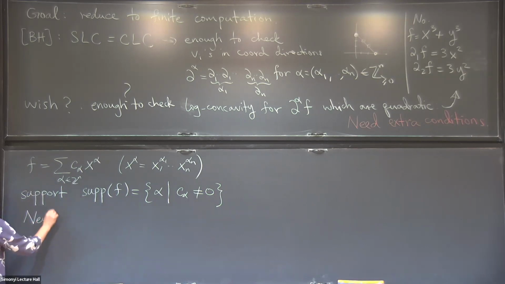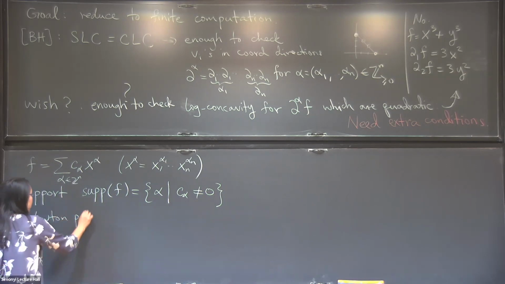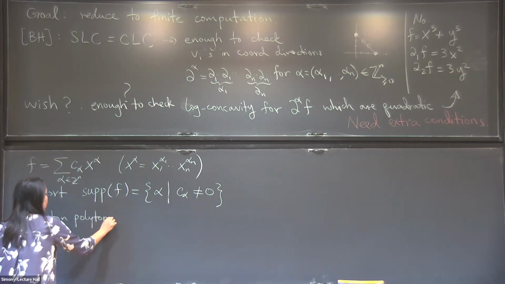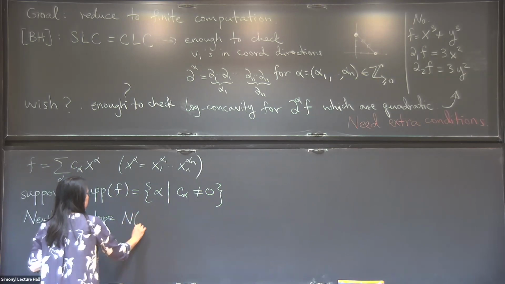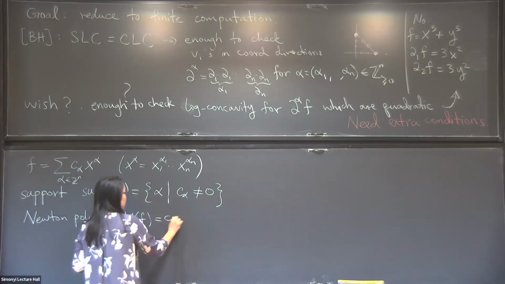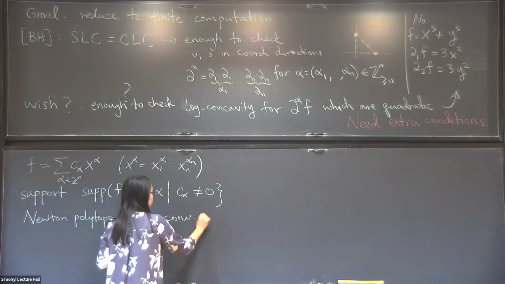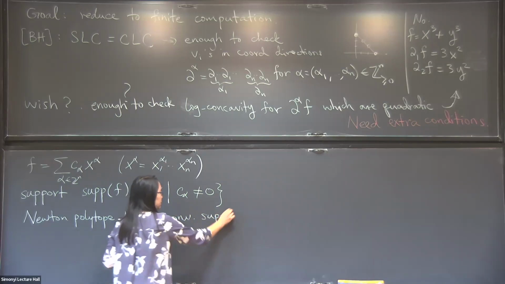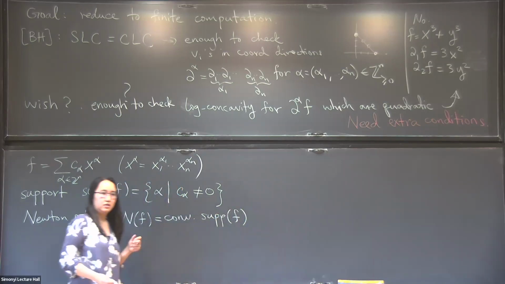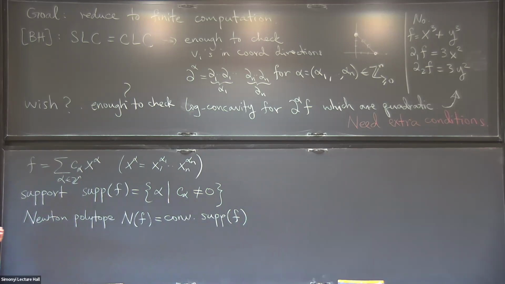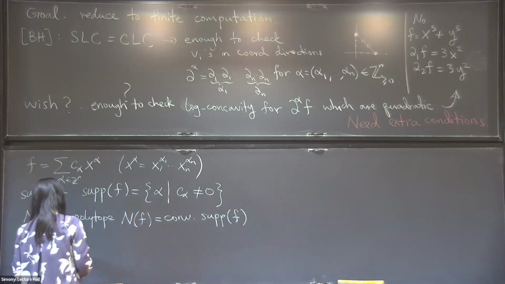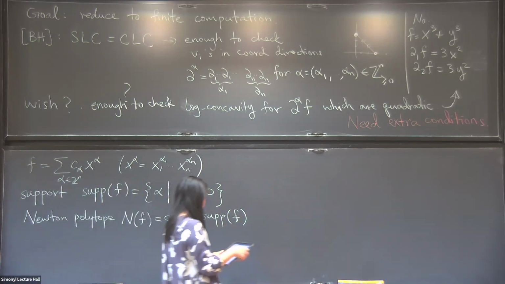So, and then we have the Newton polytope. I'm going to denote it N of F, which is the convex hull of the support. It's the smallest convex set containing the support. So if you have two points in my support, I have to connect them with a line, right? And I keep connecting all the points. So let me do an actual example of an actual